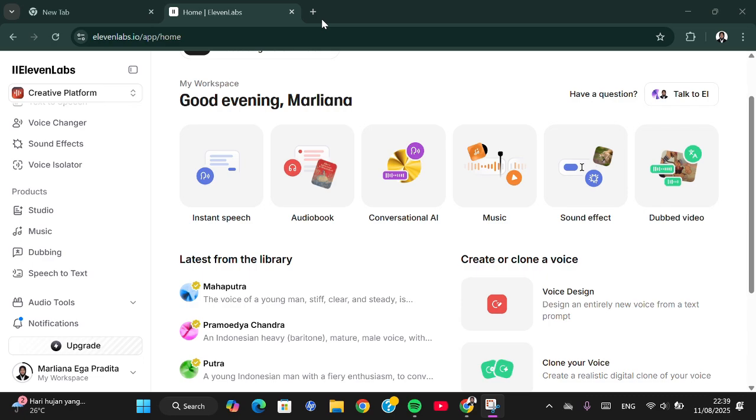In today's video, I'm going to show you how to generate AI music with ElevenLabs. Okay, let's get into it guys. Usually I use Suno AI to generate music, but for today, I'm going to use ElevenLabs to generate AI